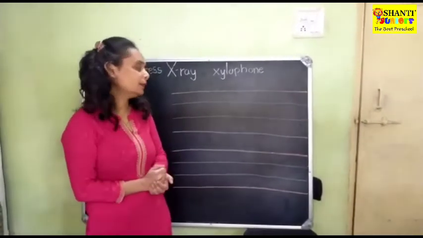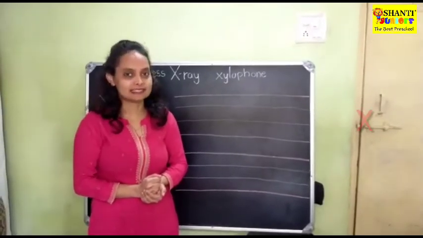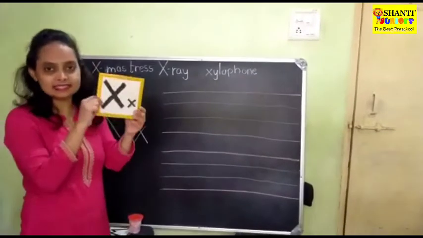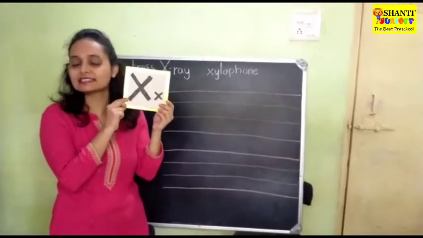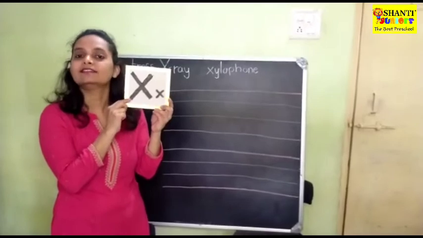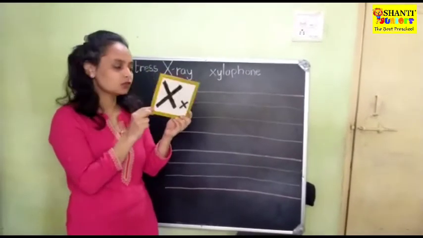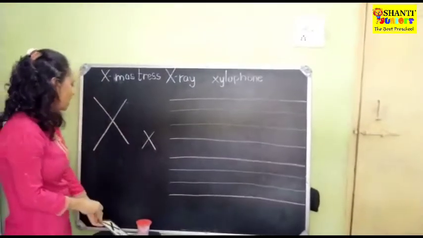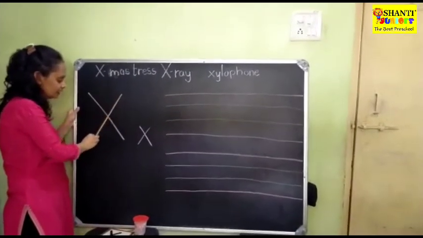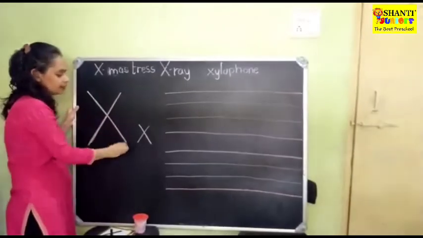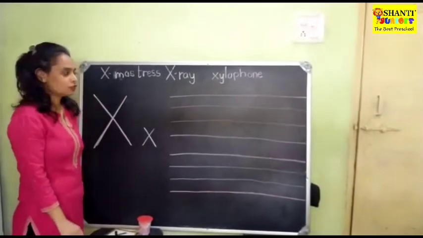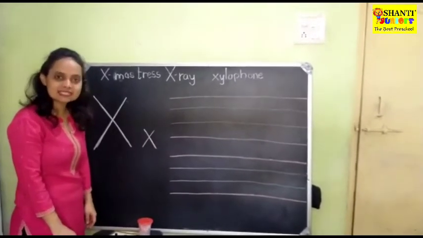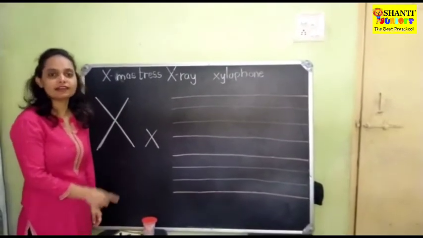Okay, so today we are going to learn a new letter, that is letter X. And the sound of letter X, the writing of letter X, and the words that start with letter X. So let's start, children. X is very simple, children. You just have to do a slanting line and a slanting line. It becomes letter X. And children, the sound of letter X is x, x, x, x. This is the sound of letter X.